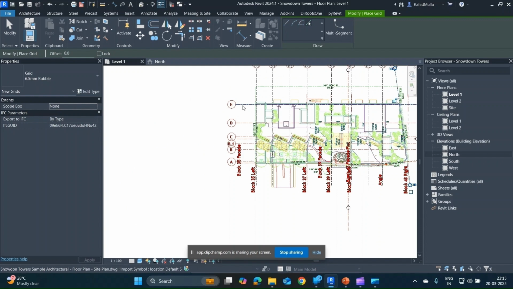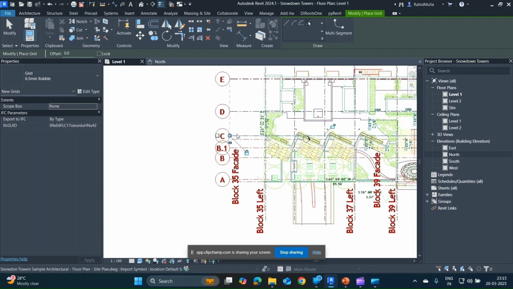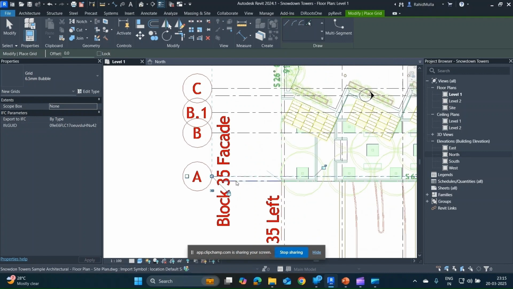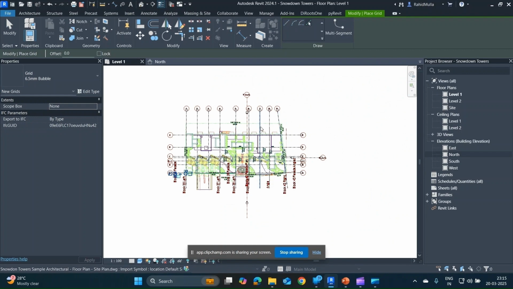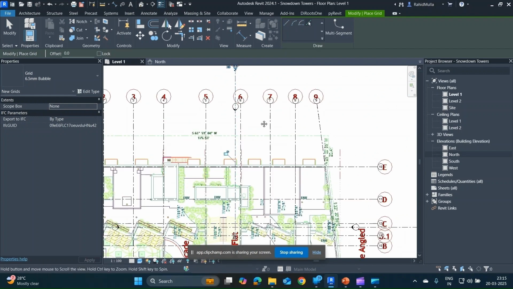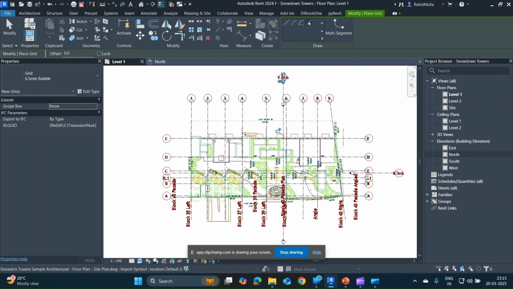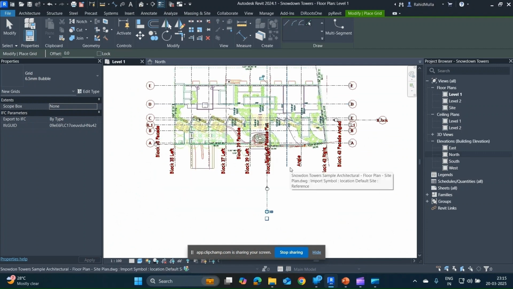Okay, I don't need to drag from one end to another. I have to simply click over there, and it is copying all the grids which are there. So these are the grids which I wanted to copy from the CAD file. I have done that. Again, what I will do, I will go to